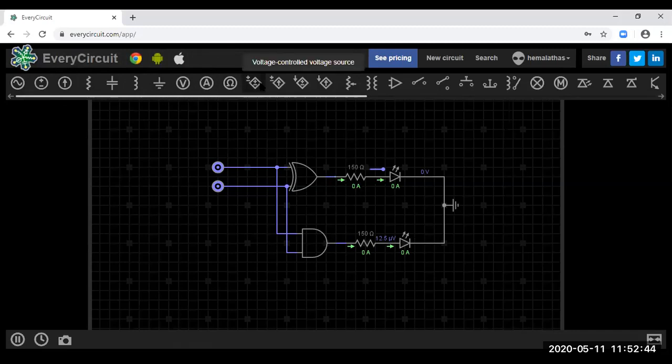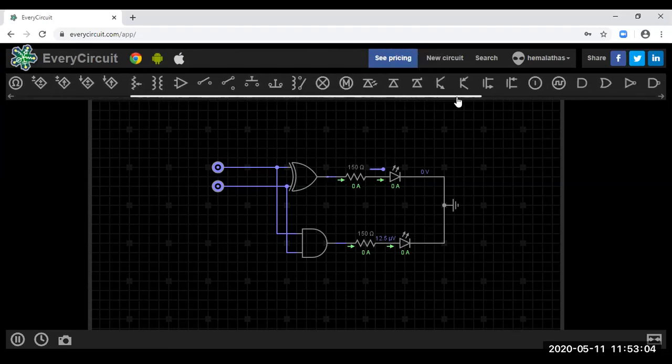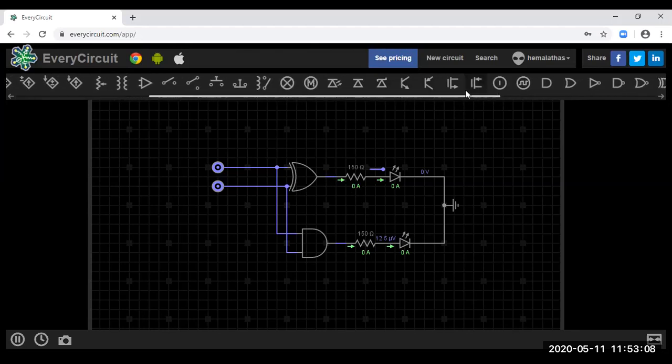You have a voltage controlled voltage source, voltage controlled current source, current controlled voltage source and current controlled current source, a variable resistor, a potentiometer, transformer, op amp, and various types of switches. Then you have a lamp, a motor, LED, diodes, transistor, MOSFETs.